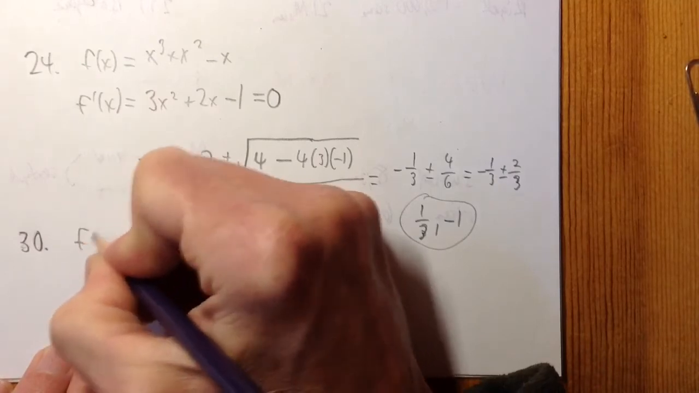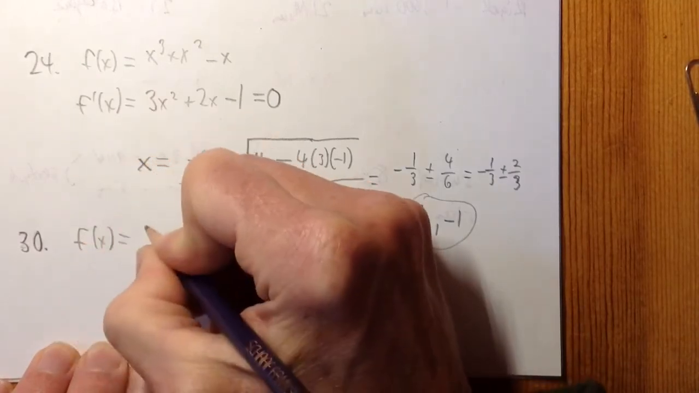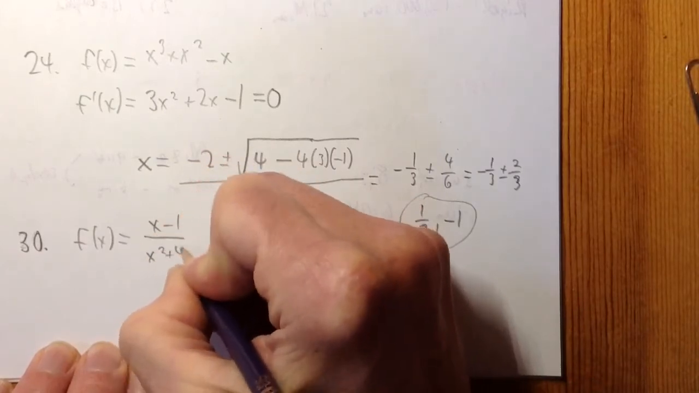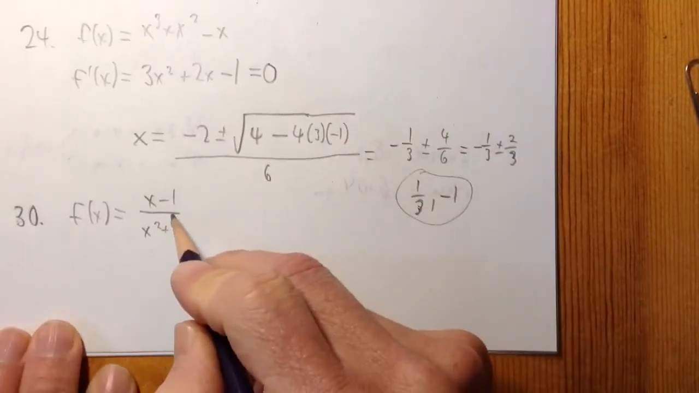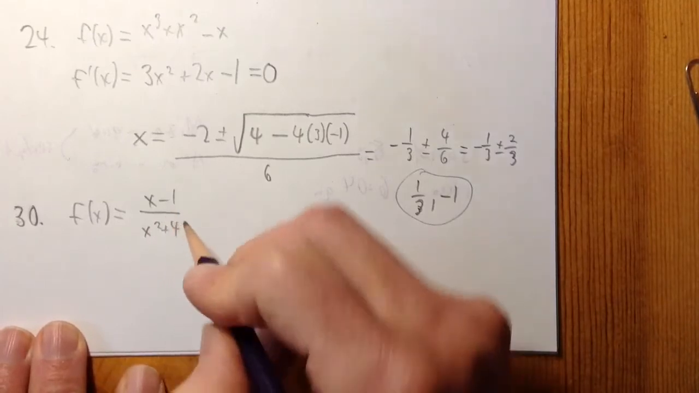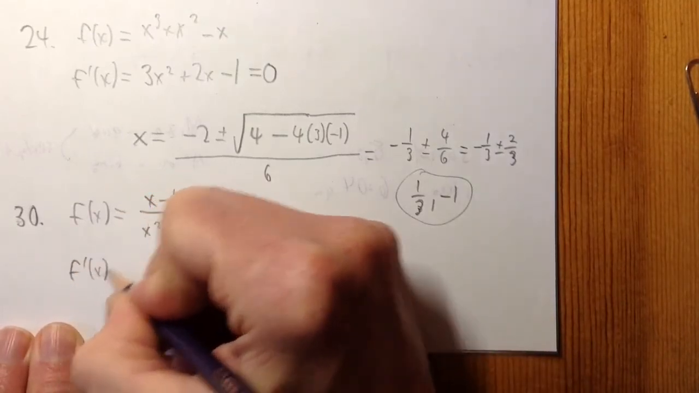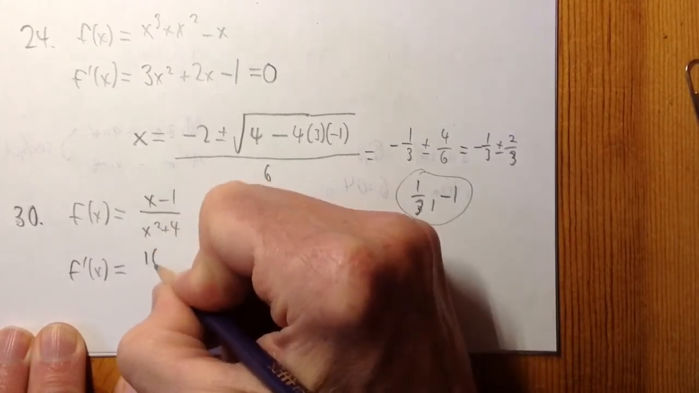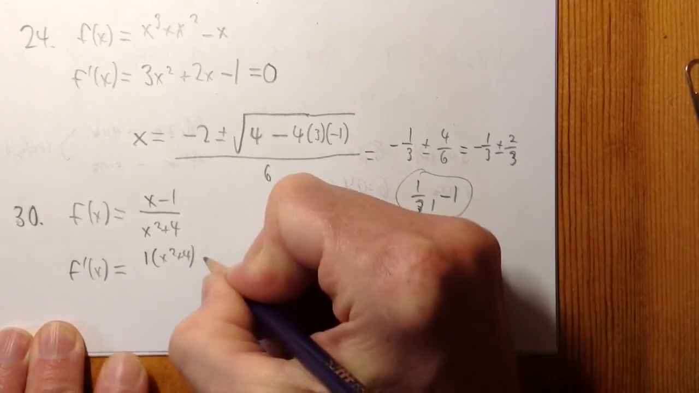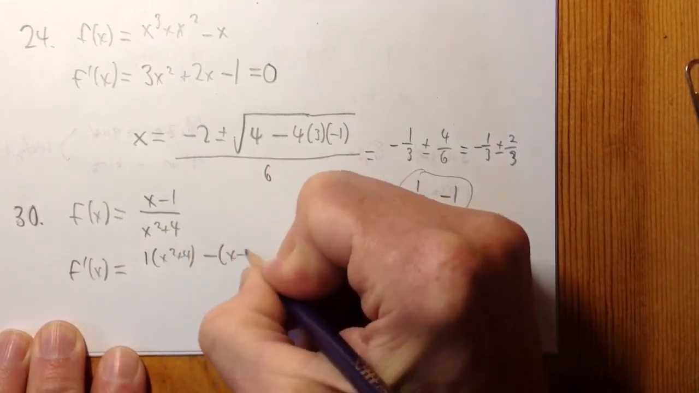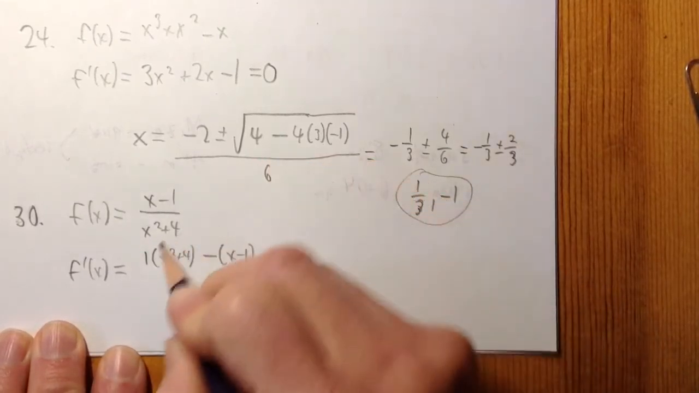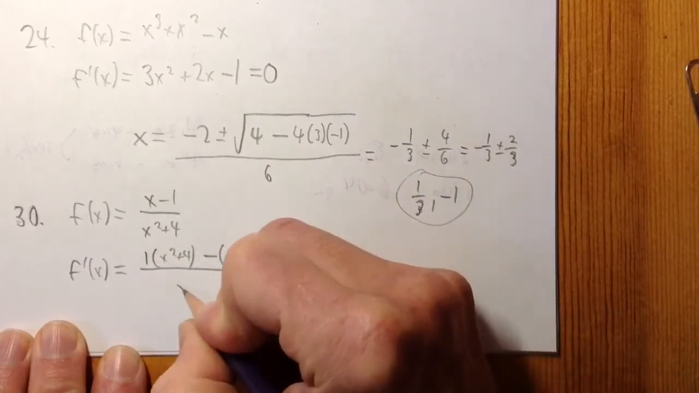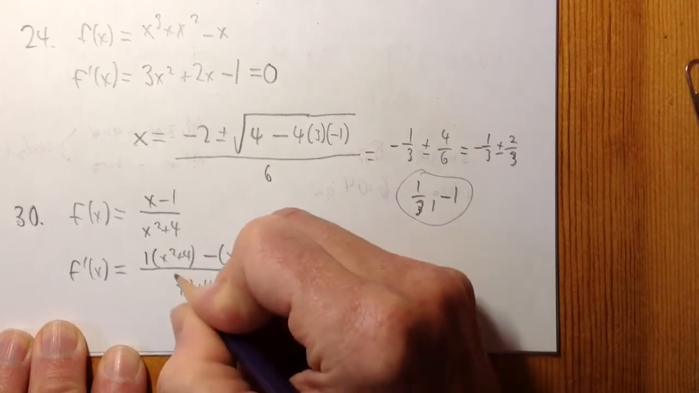f of x, I'm going to change to x, is x minus 1 over x squared plus 4. So we've got to take the derivative of this thing, which is going to be a pain. We have to use the quotient rule. So f prime of x, you've got to remember these rules. The derivative of the top, oh, that's easy, it's just 1, times the bottom, x squared plus 4, minus the top, x minus 1, times the derivative of the bottom. The derivative of the bottom is just 2x, divided by the bottom squared, x squared plus 4